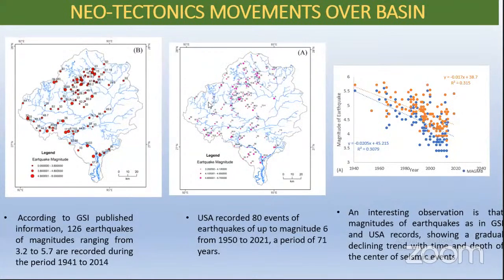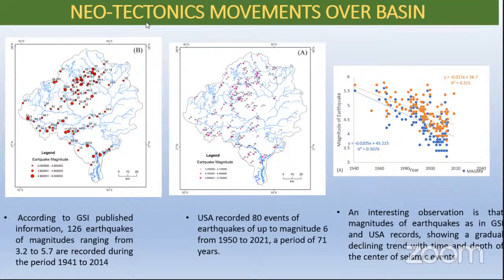And neotectonic, from this study we can say that it is totally tectonically active, but scientifically it is found that the river basin area is totally unstable. From this GSI data and USGS Earth Explorer, earthquake data clearly indicate that this region is totally in unrest, and we found that there are also magnitudes